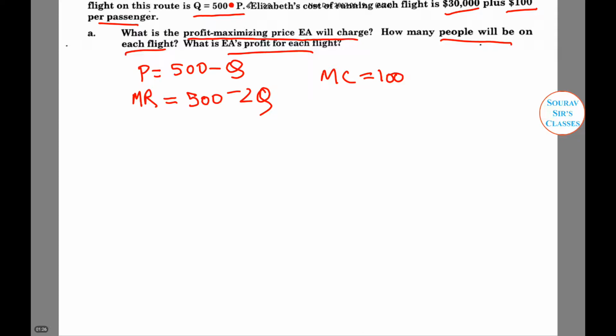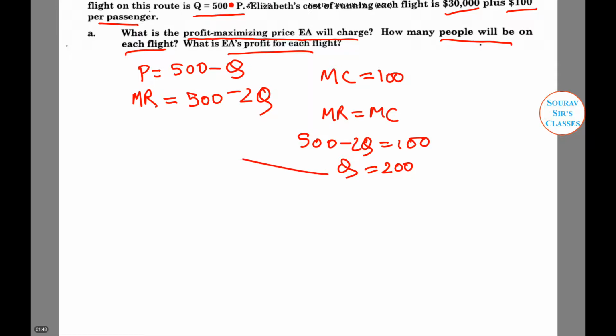Now setting marginal revenue equal to marginal cost, that is MR equals MC, we find the profit maximizing quantity: 500 minus 2Q equals 100, or Q equals 200 people per flight. Now substituting the value of Q in P, we get P equals 500 minus 200, or P equals $300